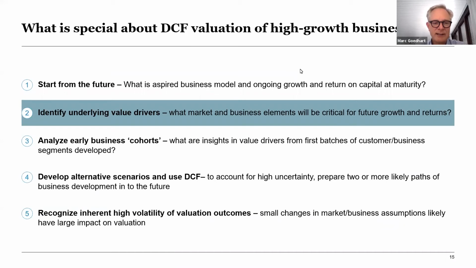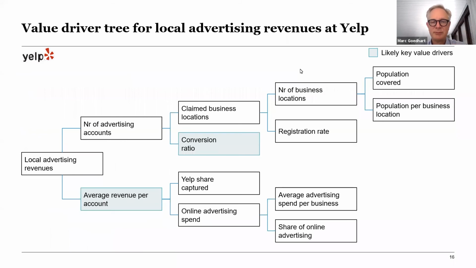Second thing is identify the underlying value drivers. And actually in this whole thinking about Yelp, some of these value drivers already came through. It's making a very, very good logic of how you create value in a local advertising business model, right? And helpful are things like what we call, as we show here on this page, a value driver tree, right? Where if you just want to get a sense